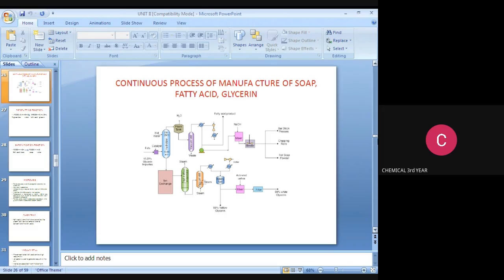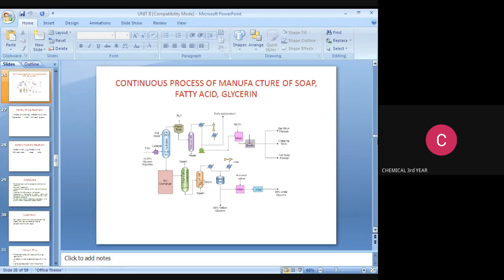hydrolyzer. Hot water at 230 to 250 degrees Celsius is used, at the bottom of that tower, at 4 to 4.5 atmospheric pressure, and then it goes to the flash tank where we are removing the water under vacuum, and then it goes to the vacuum still where we are removing the waste. Then we are removing the fatty acids, and they are pumped to the mixer where we are adding NaOH, and the blender